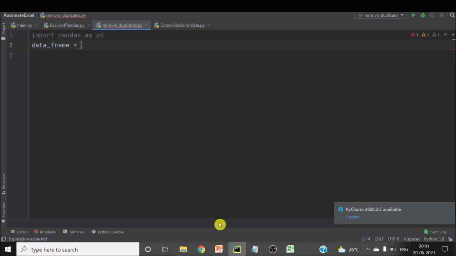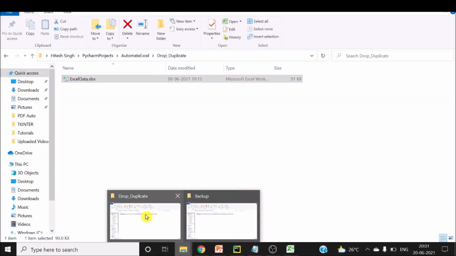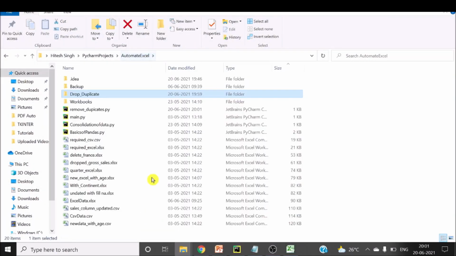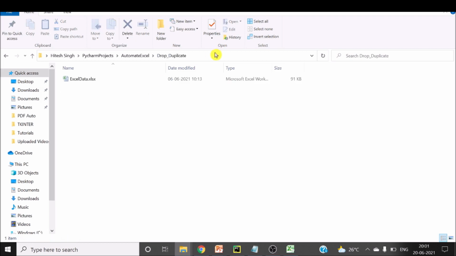I have the folder inside my project folder itself. If you see, this is my project folder where I have the remove duplicate file. I am using the same file, so I am not giving the complete path. If you want, you can give the complete path also.